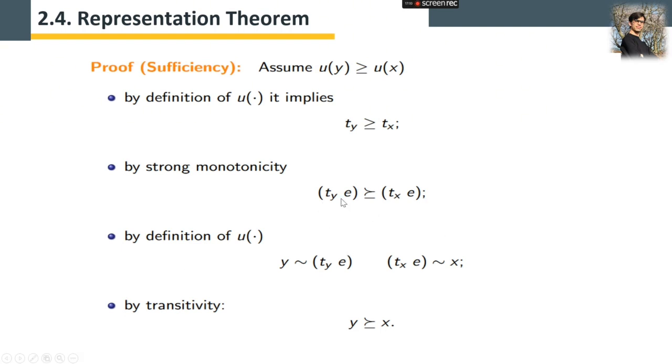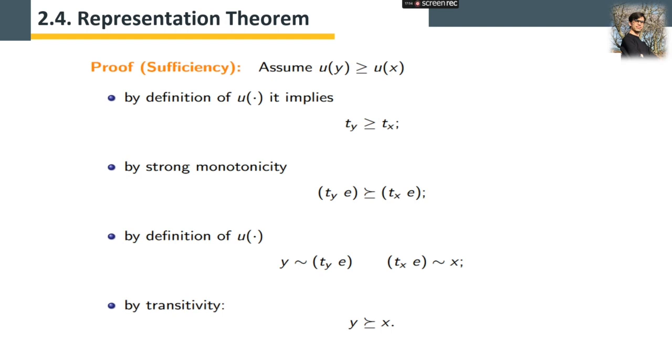So now, instead of ty multiplied by e, which is indifferent to y, we can simply substitute y, because of what we derived from the definition of the utility function that we already provided. And instead of tx multiplied by e, which is equal to ux multiplied by e, and ux multiplied by e is indifferent to x, we can simply substitute x. Then finally, by the transitivity,